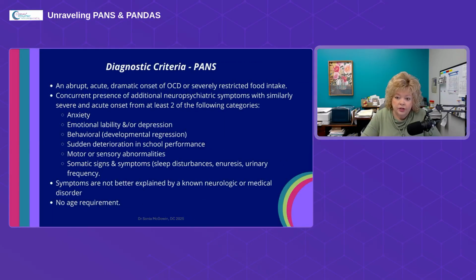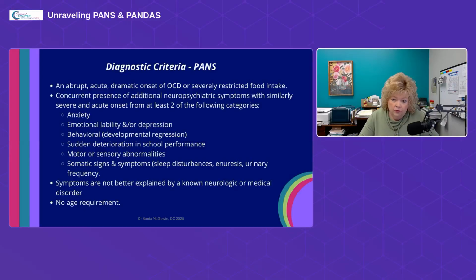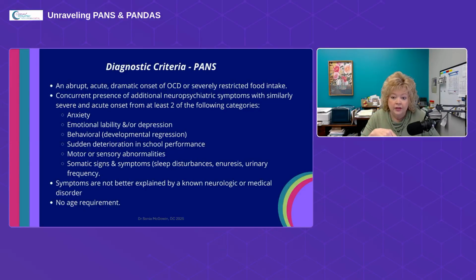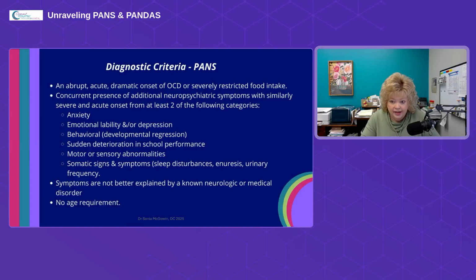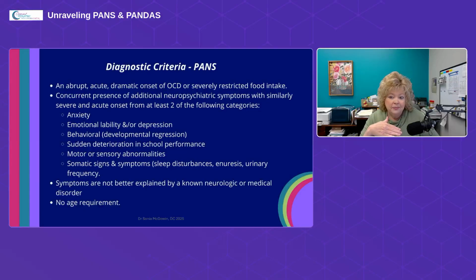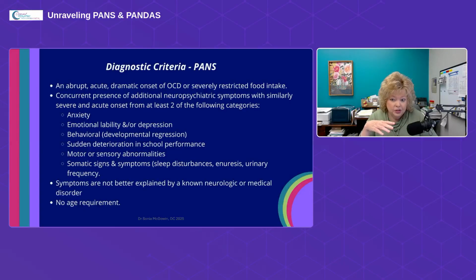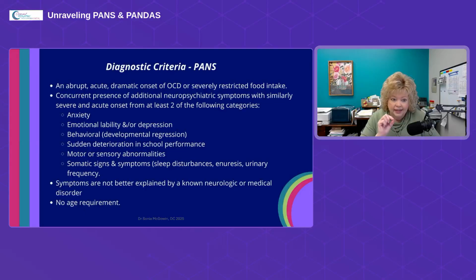So in terms of diagnostic criteria, you have to be careful because some practitioners get a very limited view. They look at the diagnostic criteria, and if the child's symptoms don't match closely enough, for example, if the onset is not abrupt enough or acute enough or dramatic enough, even if they have every other symptom, they're often told no, they don't qualify for this diagnosis. So if you're a practitioner, I'm just encouraging you to zoom out and see the big picture and not get caught up in the tiny details.